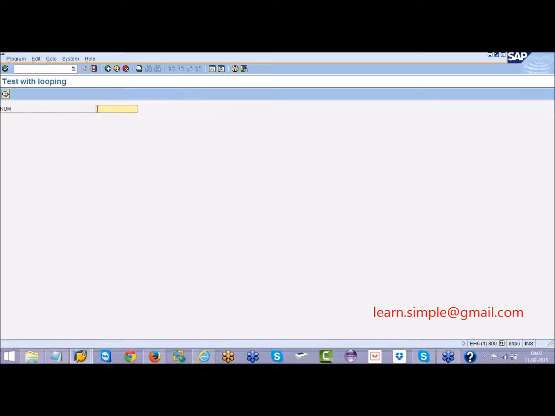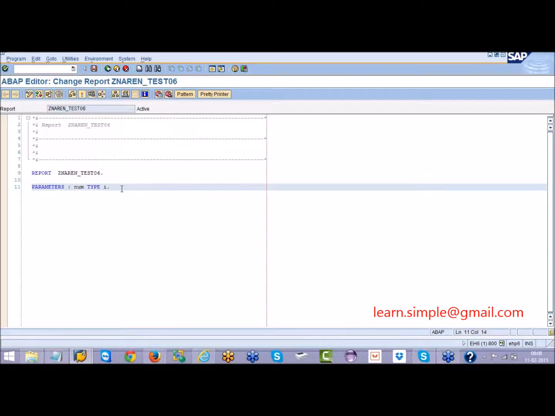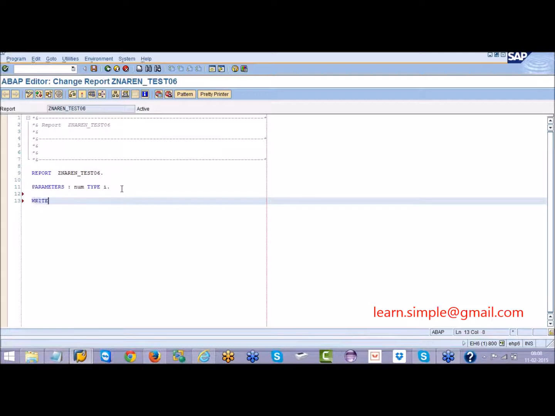So in this number, I will give some value 20. So this 20 I want to write in the output. How will I display in the output? Generally, I will say write num. So if I say write num, 20 will be displayed in the output. But how many times? Only one time it will be displayed in the output.